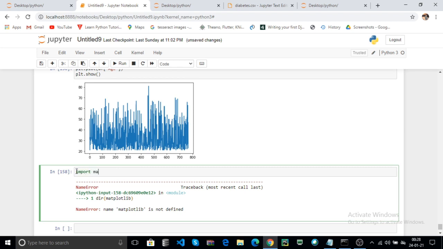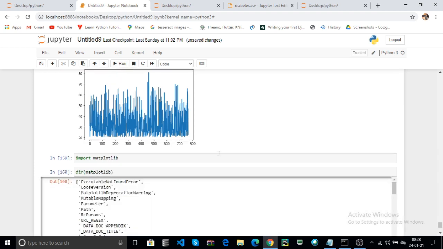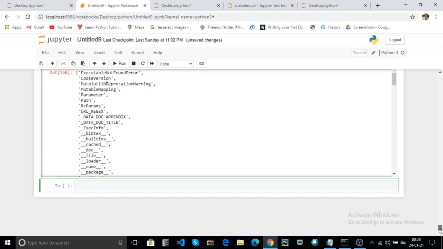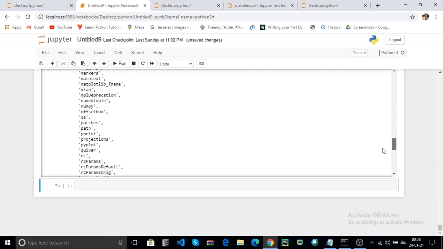Import matplotlib. Click on run. You can use dir of matplotlib and click on run. Here it returns all the packages and all the methods. These are all the methods and packages.